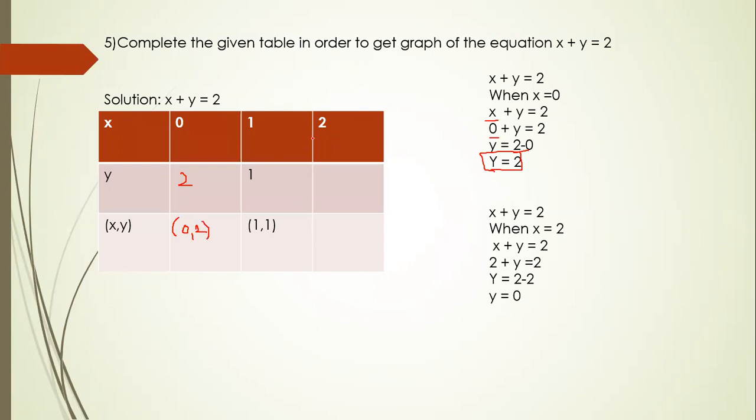The last one is the value of x is given as 2 and we need to find the value of y. So here again we will write in the working column x plus y equal to 2. When x is equal to 2, let us solve this. Copy the equation again, x plus y equal to 2. Now in place of x, we have written 2. Plus copied as it is, y also copied as it is, equal to also copied as it is, and 2 also. In the next step, we will change the place of this 2. First, we will copy the y, then this equal to, then this 2.